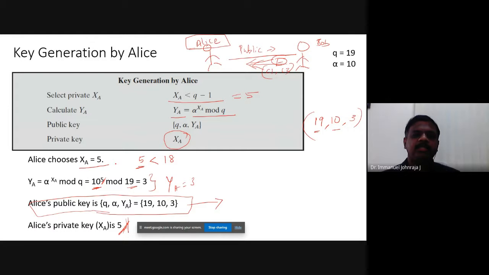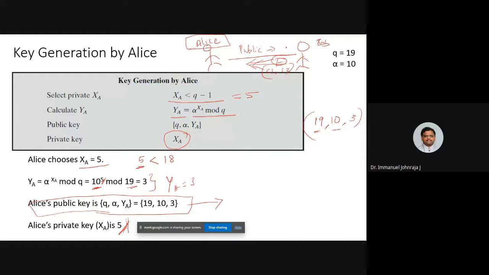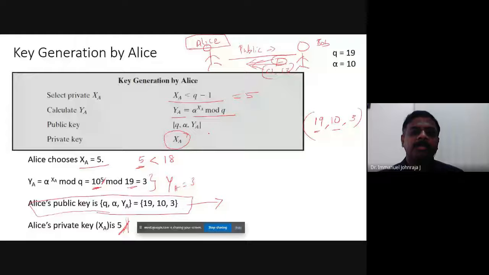And then key generation by Alice. So the same thing you can develop for Bob also. Bob develops the key generation. He exchanges the public key, then he is having the private key to decrypt. This is how the public key crypto system functions. Okay, so he chooses the private key XA that is maintained as private, which is part of your private key till the end. He calculates the public key, one of the components of the public key, to be precise.